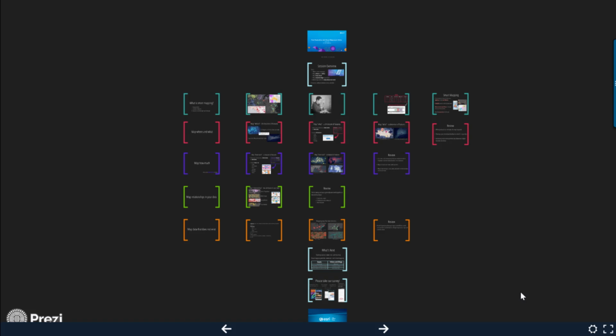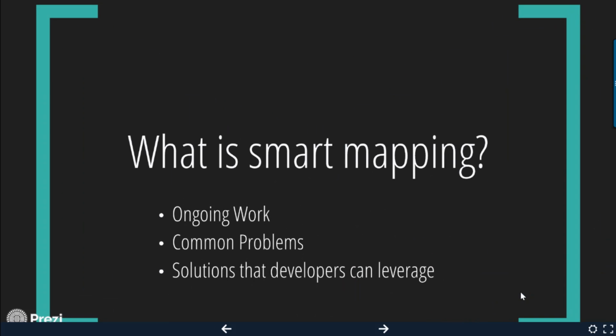So we're going to start with what is smart mapping. We're going to share with you a little bit. It's an ongoing project at Esri. That's why it's not capital S, smart mapping. There's no smart mapping button. Have any of you found a smart mapping button in the product? No. It's more of a philosophy of how we're modernizing the product over time